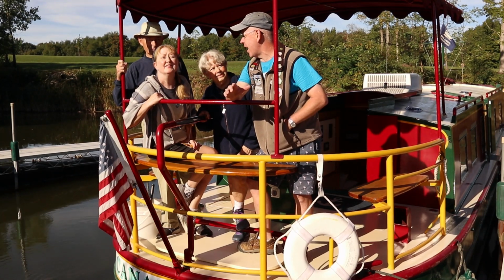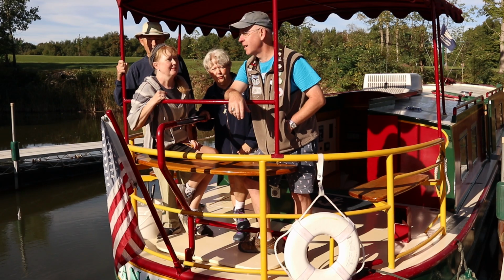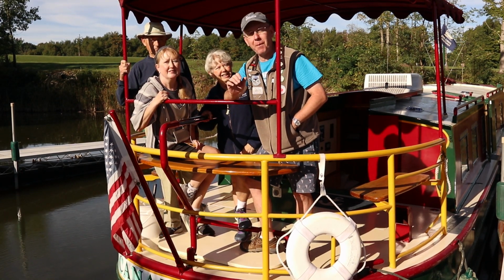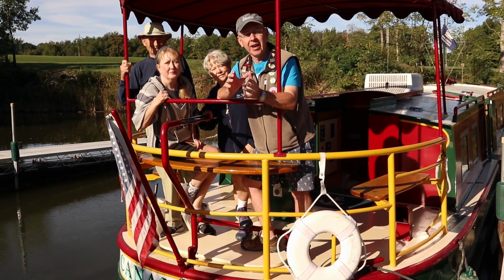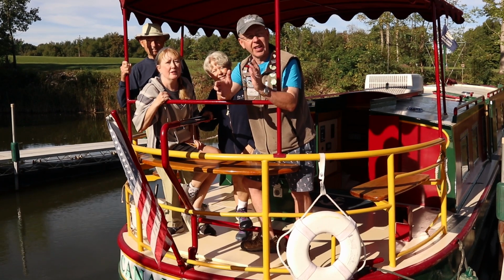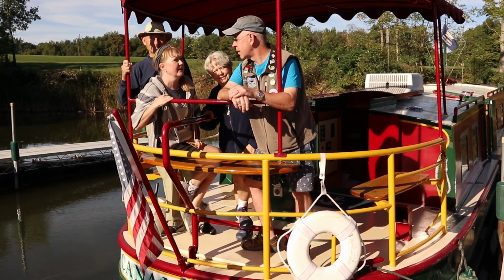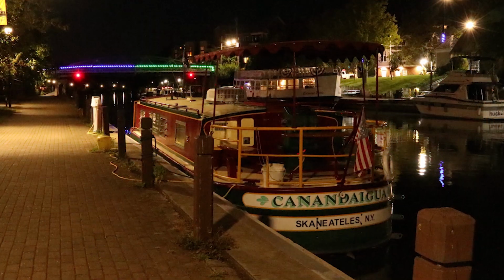3 days on the Erie Canal. What do you think there, Team Canandaigua? Well, it was fun, right? Great. Thumbs up. We had a wonderful time. Great trip. Absolutely spectacular. I mean, the thing is, you can go at your own pace. Unlike the London narrowboats that, you know, there's really nothing there except for maybe a pub here and there. Right, and you're basically tying up on the side without any kind of amenities. Exactly. Here you've got the towns all along the Erie Canal, from Spencerport that we stayed at, to Pittsford, to